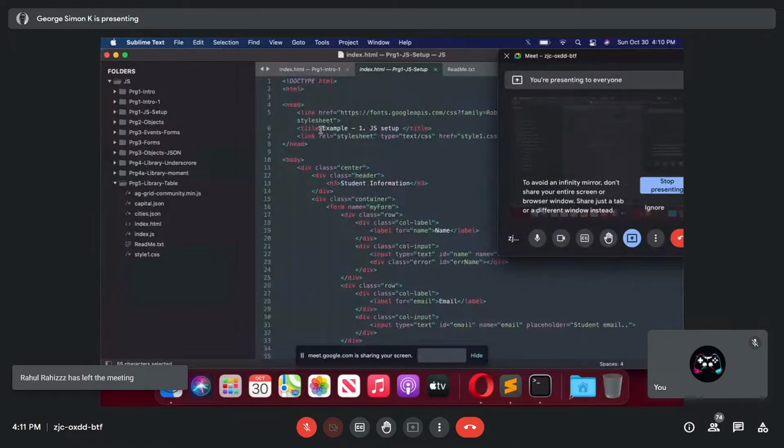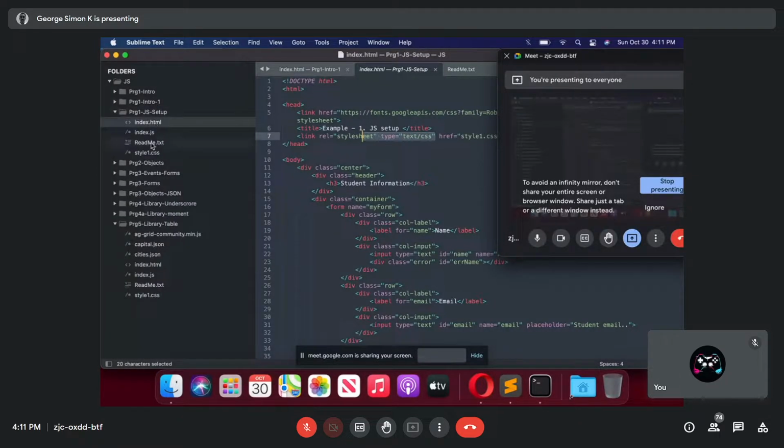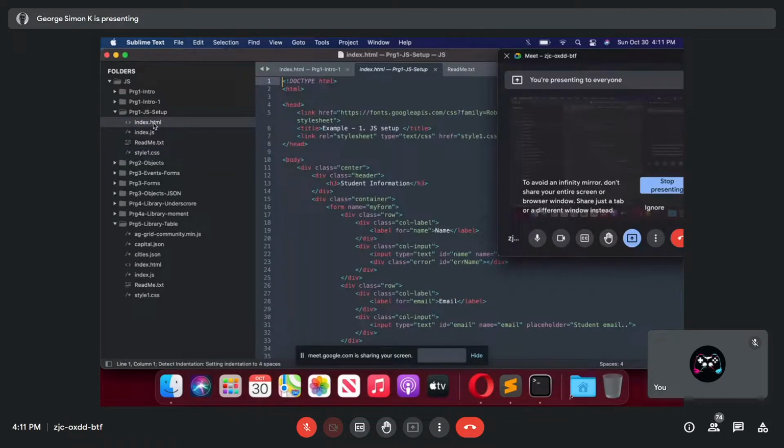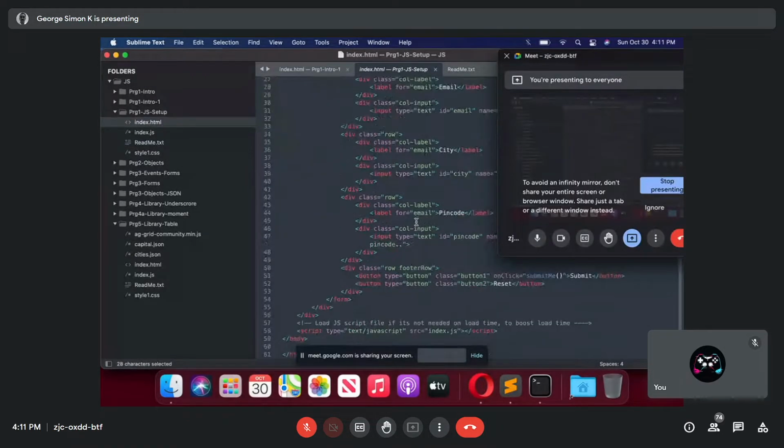It's always better to separate those three. In HTML, you put all the HTML content, and CSS, you write separately. Here I have the CSS file. And inside the HTML file, I'm calling the CSS as well as the JavaScript.